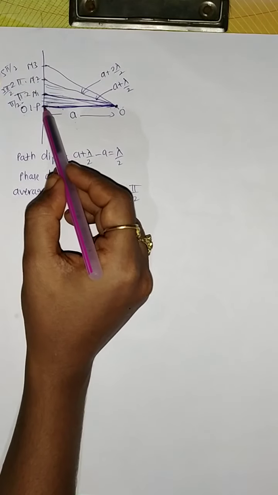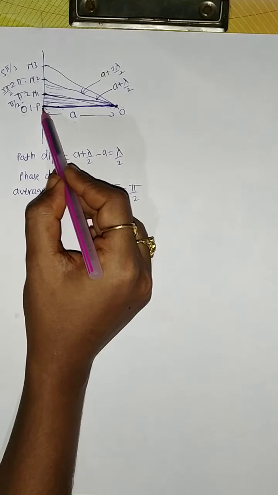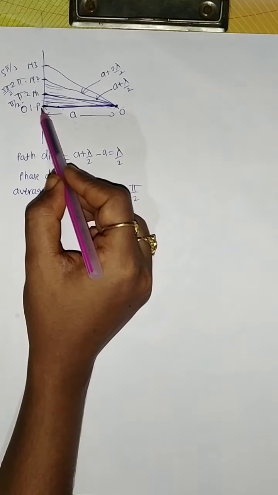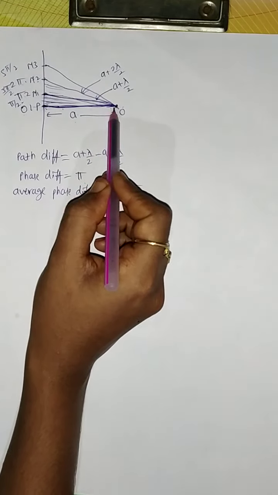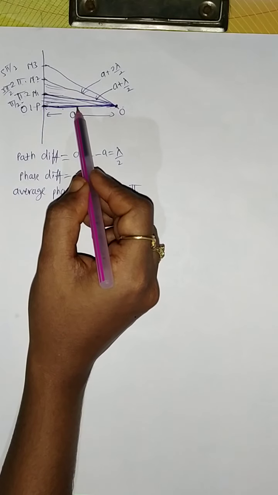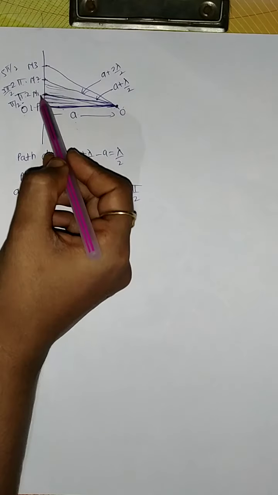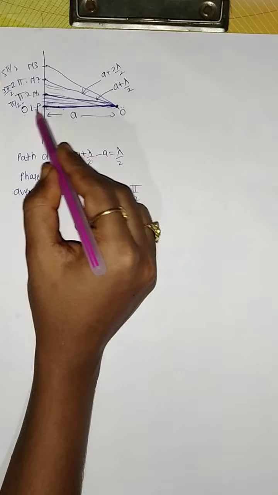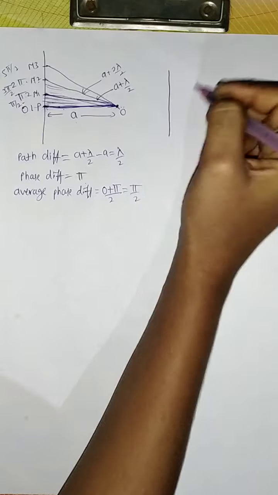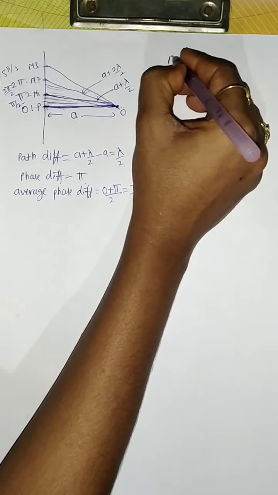See, when the light rays are coming from P and reaching O, we know that as they are nearer to the point, the P point is very near to this O point. So that is why the amplitude is much greater than for all these other rays, isn't it? Because they are far away. As distance increases, amplitude decreases, as I said. So from these, the light rays giving the amplitude at O must be higher.